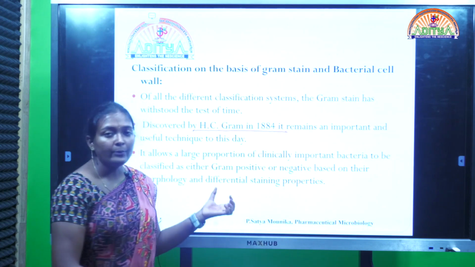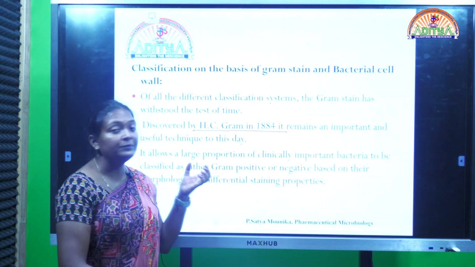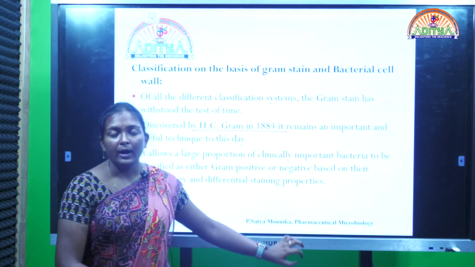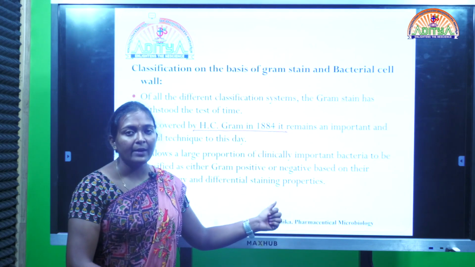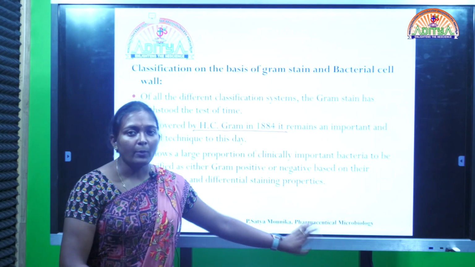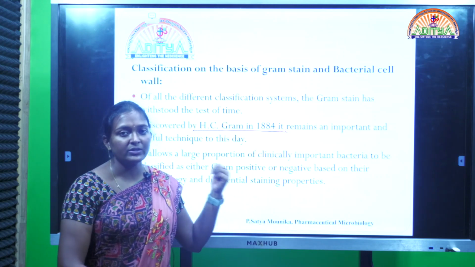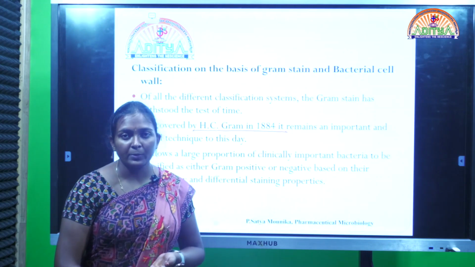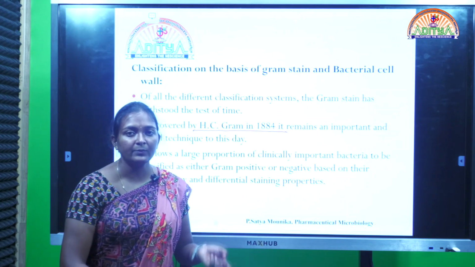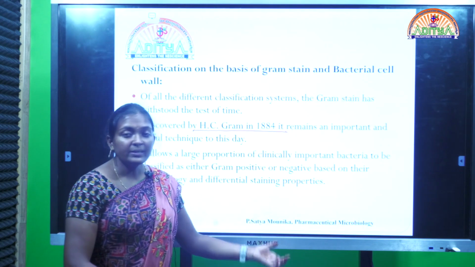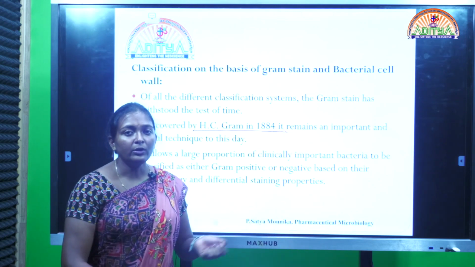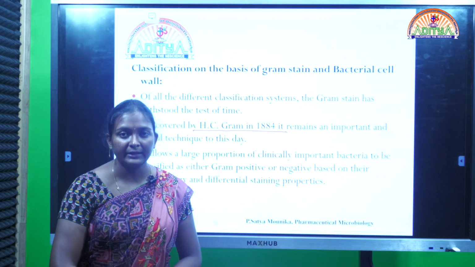So how do we differentiate between them by using the staining technique? First we are going to add a Gram stain which is violet in color, the crystal violet, which is the commonly used dye in the Gram staining technique. We would take a microscopic slide and transfer a bacteria, a cell or microorganism to that slide. So onto this slide we are going to transfer any sort of living cell or bacterial cell.